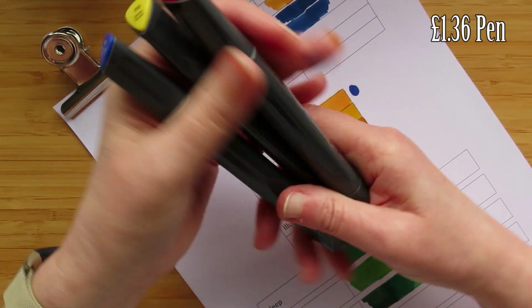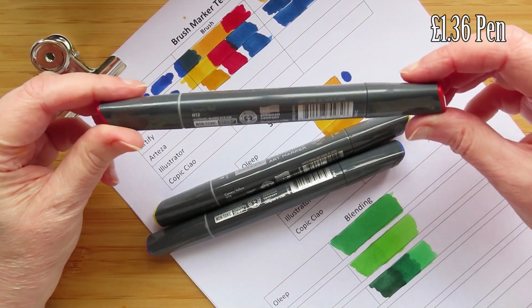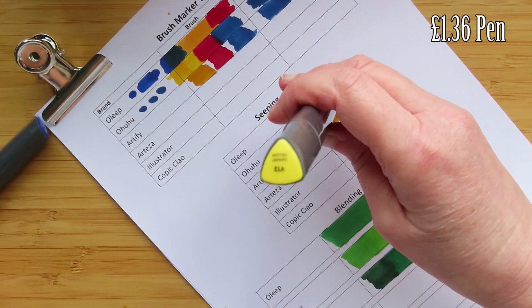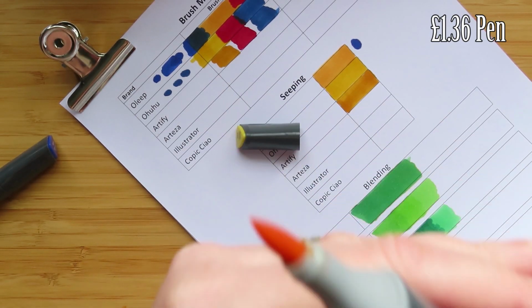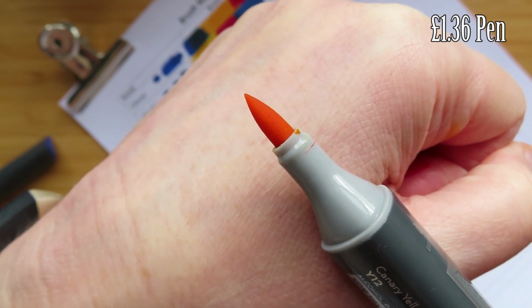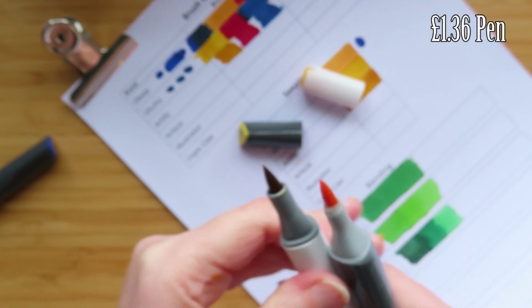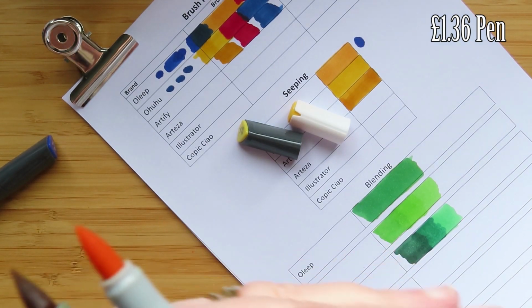Okay, so the Artezas are the new Arteza brush markers, the Everblend Ultras. They've got this funny triangle body. And let's have a look at their nib. Okay, their nib looks totally different. And I think afterwards I'm going to do a mugshot lineup of all these nibs. You can see it's,